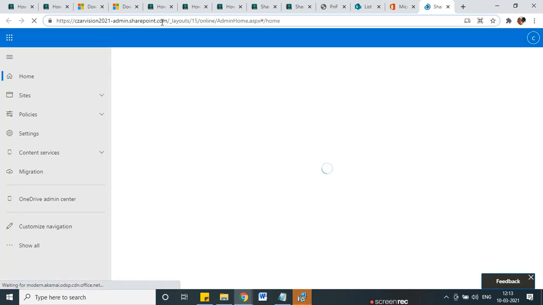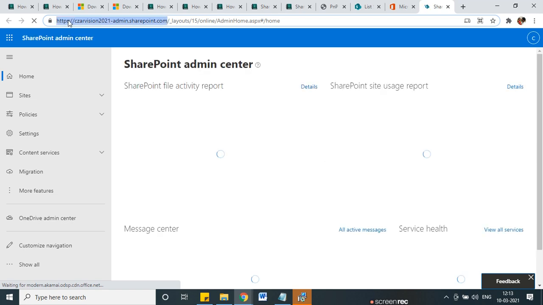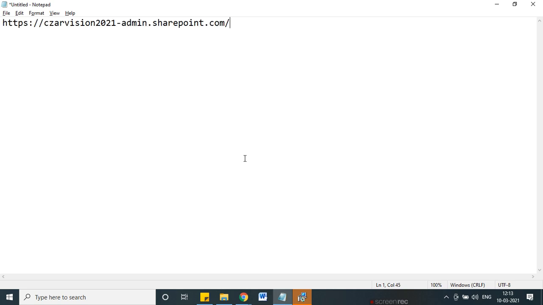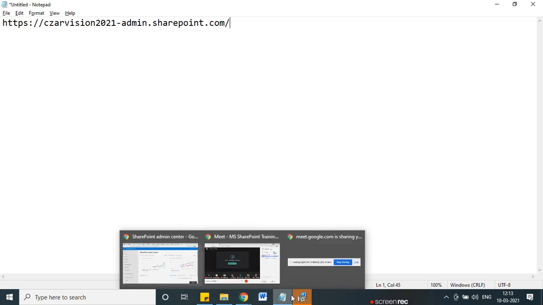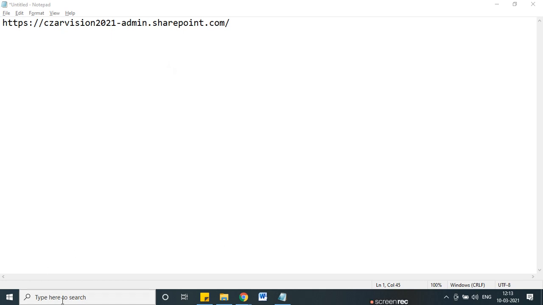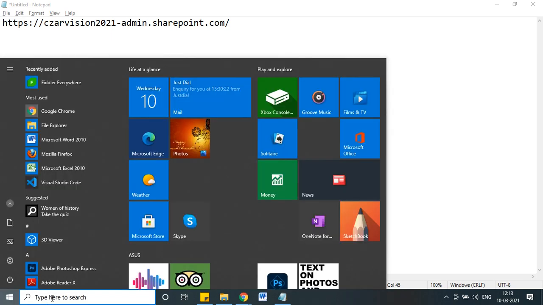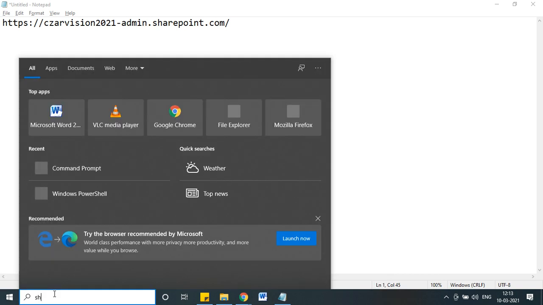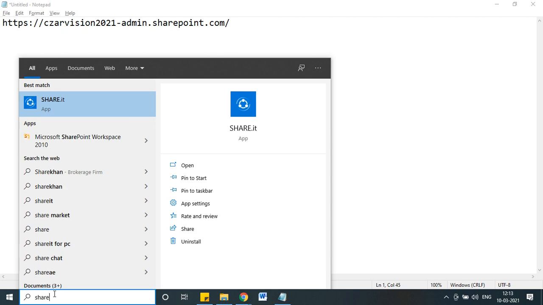Now this is the URL. Okay, so this is my admin center URL. I copy this URL in a notepad file, keep it with me. Meantime, go here. Now our installation has been completed. I go here and check anything which is related to SharePoint management shell, I just enter SharePoint